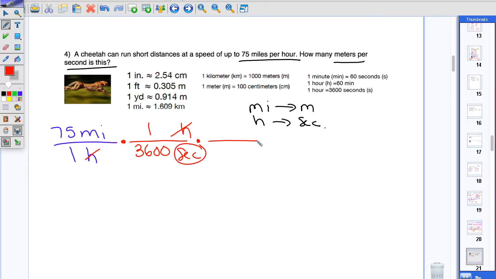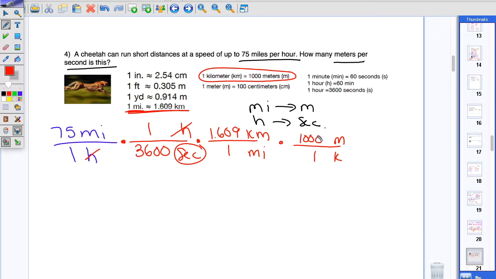All right, so now we're going from miles to meters. If you look at the information above, we have miles to kilometers. We also have feet to meters. So let's just stick with the miles and kilometers and put our miles in the denominator, kilometers in the numerator, and then we have to convert it one more time by going from kilometers to meters. Put in our information, 1 mile on the bottom, 1.609 on the top. Kilometers on the bottom is 1 in 1,000 meters. Make sure all our common units cancel out. Miles cancel out with miles, kilometers cancel out with kilometers. You're left with